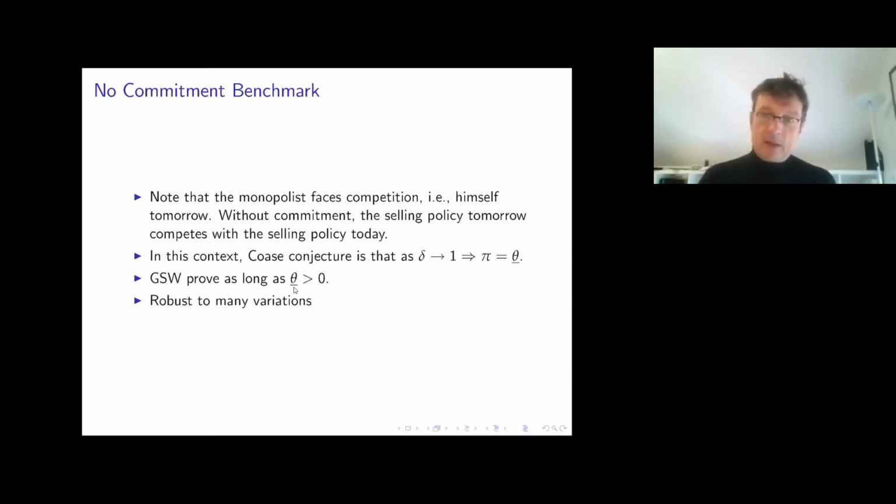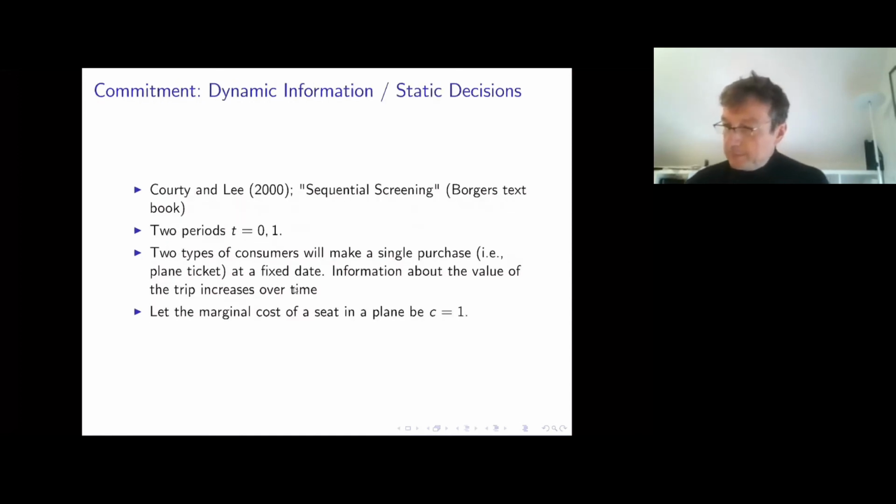this highlights the contrast in the role that commitment plays when we move from efficient allocation to revenue maximizing allocations. And I wanted you to keep that in mind as we now go through a setting where we have commitment. And the setting where we have commitment is